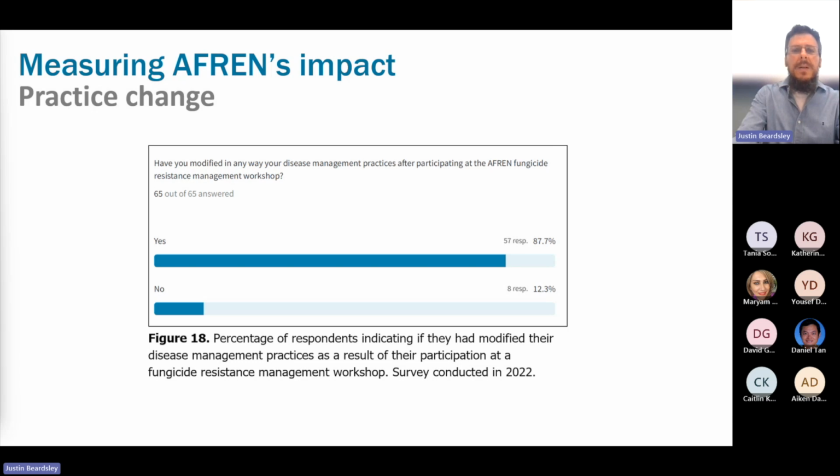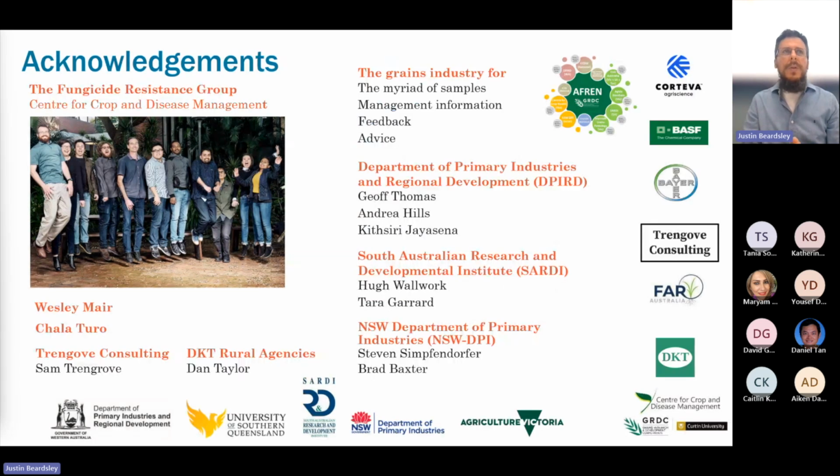With this, I'm just going to finish. There's a lot of people behind this work, but mainly two in our group. Wesley Mayer, an extremely talented research assistant. He actually publishes more than a postdoc. Chala Turo, a postdoc and bioinformatician, but also what we call a four-wheel drive. He does his bioinformatics witchcraft in the office, and then he goes to the lab and tests everything that he found.